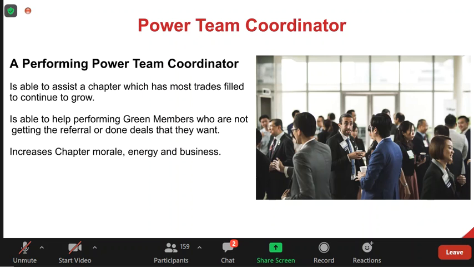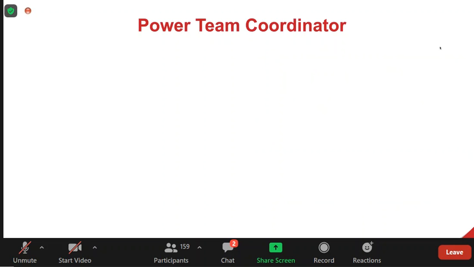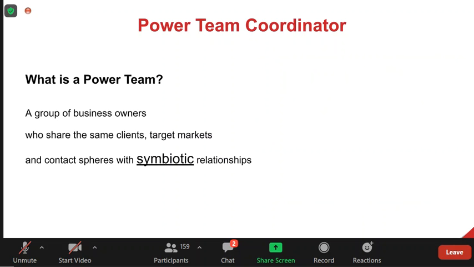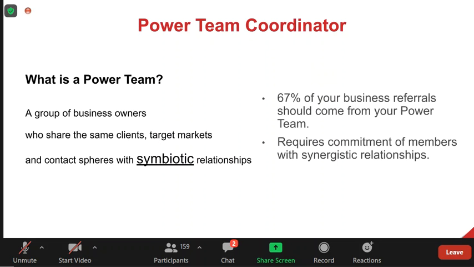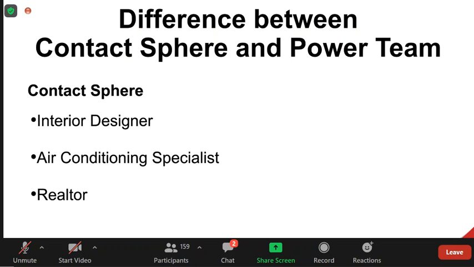And it's also one of the ways to help performing green members who are not getting the referral or done deals that they want. So an example of what a power team actually is, a group of business owners who share the same clients, target markets, and contact sphere with symbiotic relationship. So what's the difference between a contact sphere and a power team? I'd like to use this chance